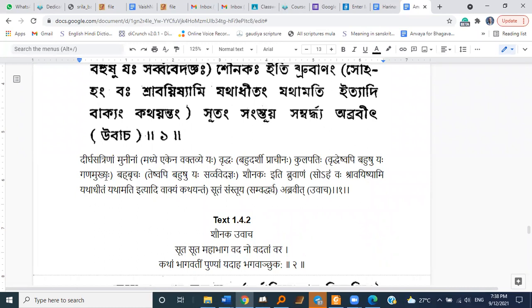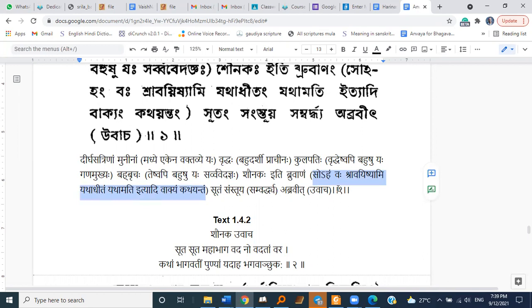But amongst all of them, Teshu api bahushu yaha sarva vedagya. He was the knower of all Vedas, or if we take, all Vedas, all the scriptures, ityadi. Such Shaunak Rishi spoke to Suta Goswami after glorifying him, who had just spoken these words. So these are the words of Suta Goswami from the last verse. So Suta Goswami said